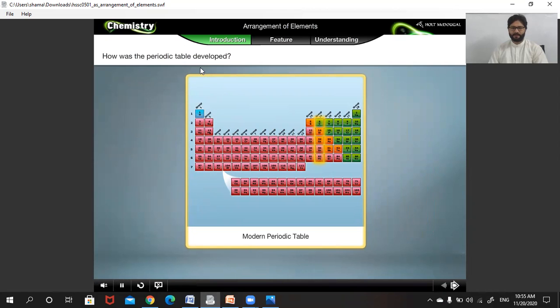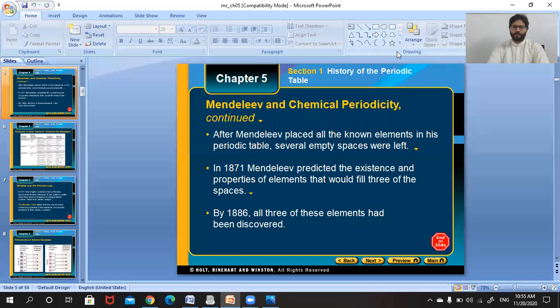Can you organize elements into a table like Mendeleev did? So, dear student, Mendeleev created a table in which elements with similar properties were grouped together. A periodic table of the elements he presented for the first time. Okay, now dear student, look,